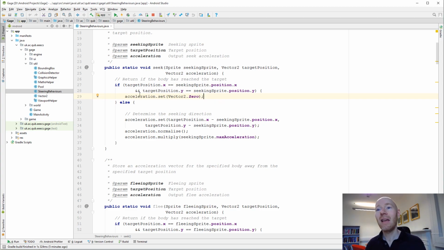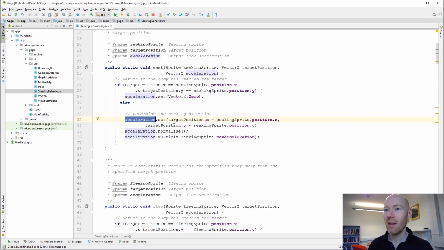It could happen. If that's the case, we simply say, I want you to set your velocity or your acceleration rather to 0. You don't need to go in any old direction. You're already where you want to be. So fair enough. We'll return 0 there. Else, the else is really what it does. So then it sets up initially the